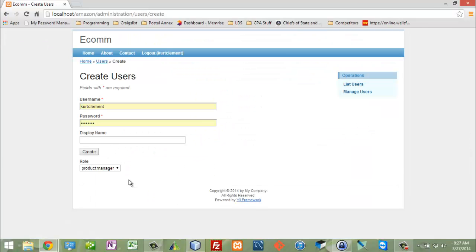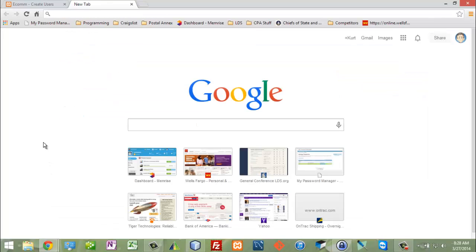We now have this auth item selection. And you can see product manager and super user are my only options. And if I was to add, for example, a different type of